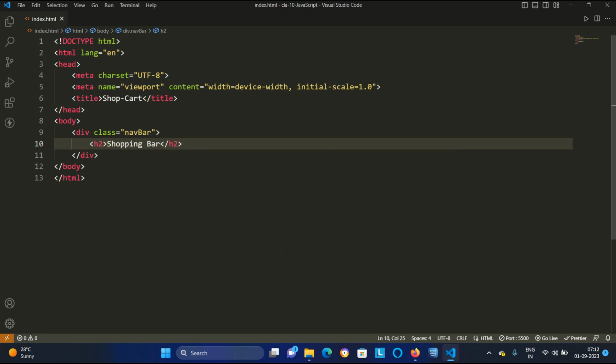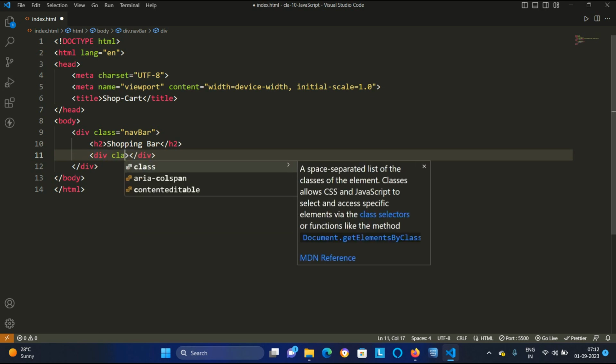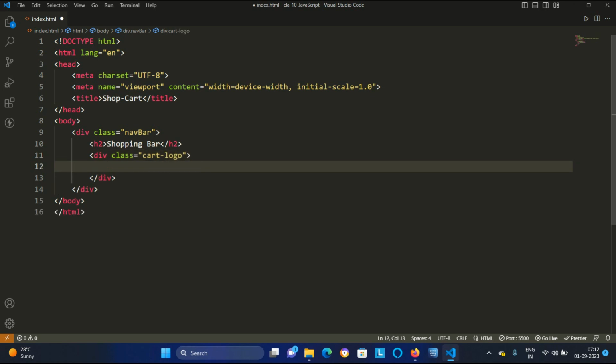After this heading there is another div. In this div I am taking some space and setting a class, which is nothing but cart logo. So this div has the name cart logo, that's why I have given it the class cart logo.